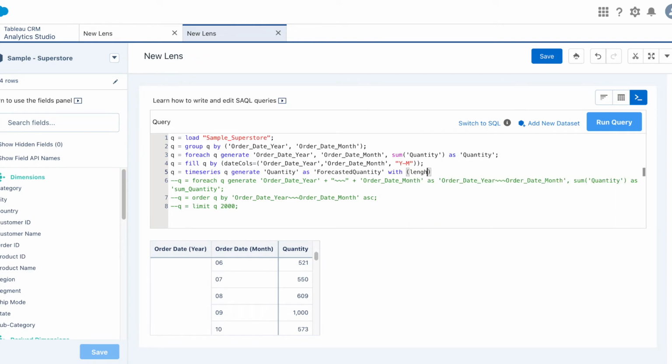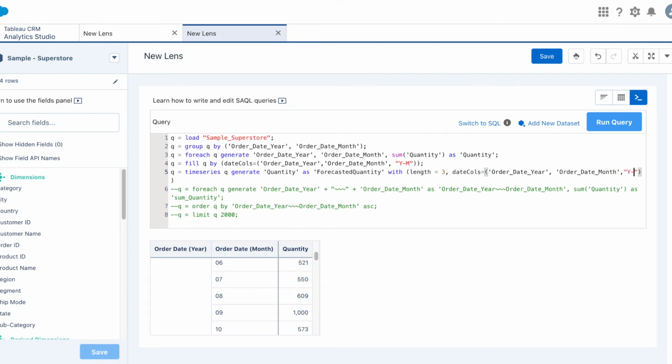So length equal to 3. It's going to ask us date column, year, comma, and again the same thing.